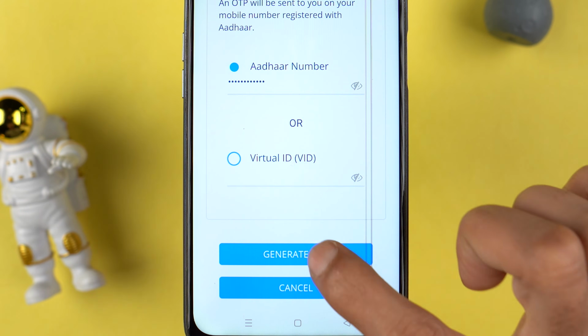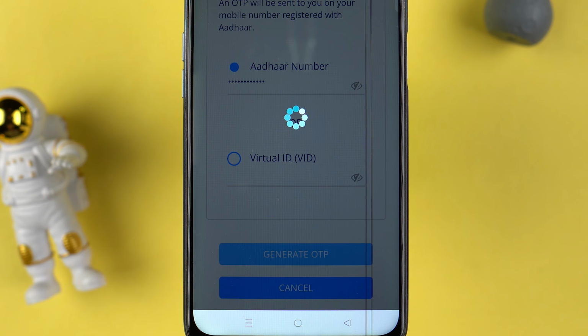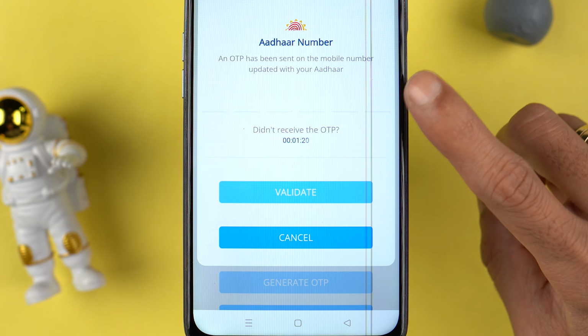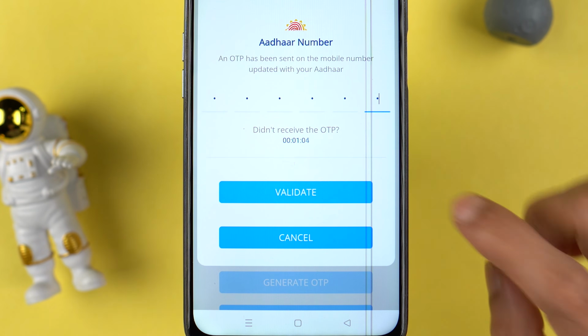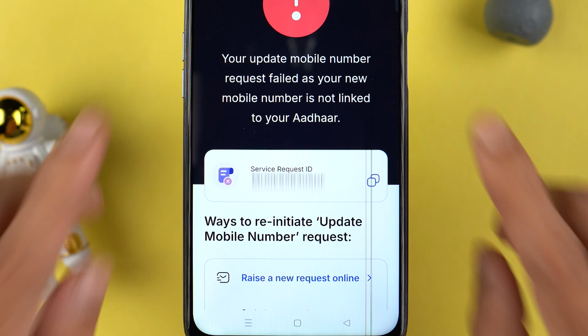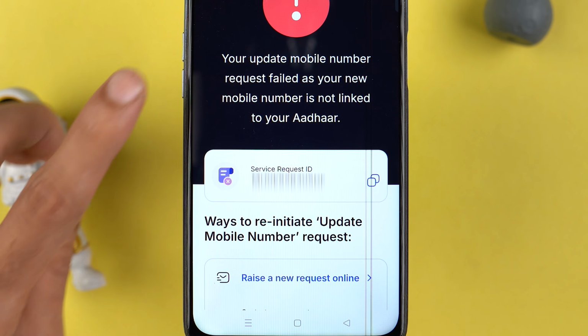I have entered the Aadhaar number. Let's select generate OTP option. Now you will receive an OTP on the number linked with your Aadhaar card. Enter the OTP and select validate. I have entered the OTP. Let's select validate option. Now over here you can see I have got a message saying that your update mobile